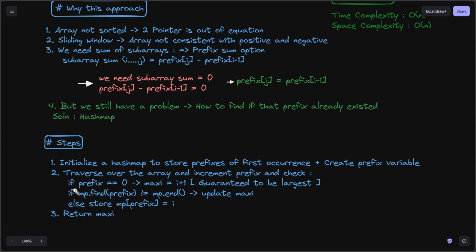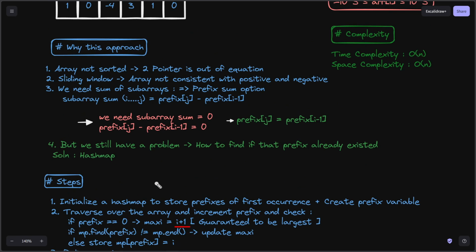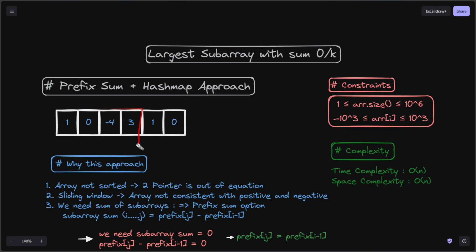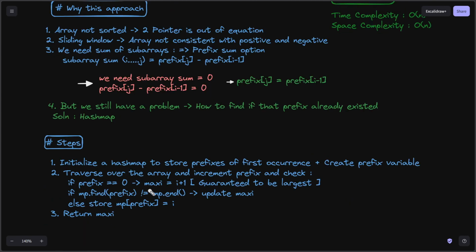These three conditions. First, if this is an isolated one, where prefix is equal to 0, then you can directly assume that the maxi is going to be i plus 1. The maxi is going to be the largest subarray with sum 0. So it's going to be i plus 1. You can see in this condition, 1 plus minus 4 plus 3 plus 0 is equal to 0. So I'm going to store i plus 1. This is guaranteed to be the largest, so there's no need to check here. Next, these are the two conditions for